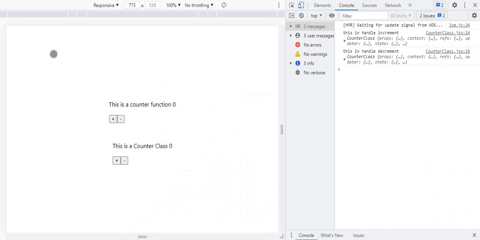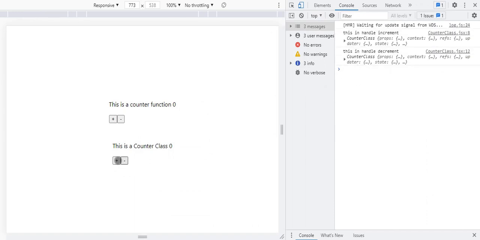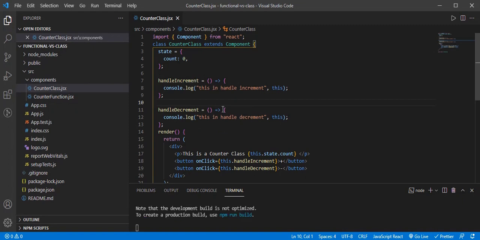Save the changes, back in the browser. If I click, we can access this. Yeah, this approach is much cleaner. Now it's time for updating the count state, because now we can access this.state.count. Okay,